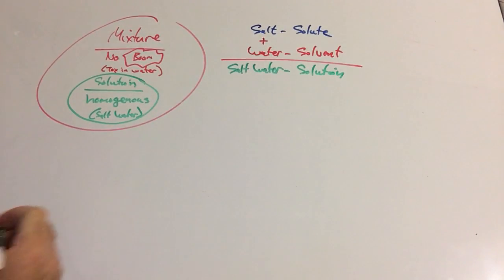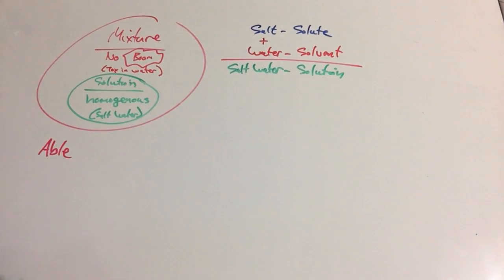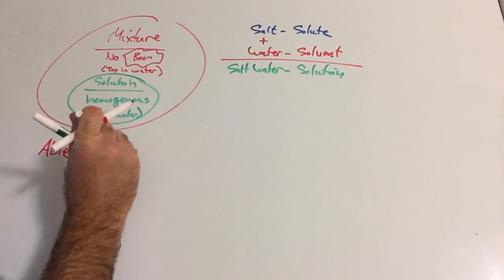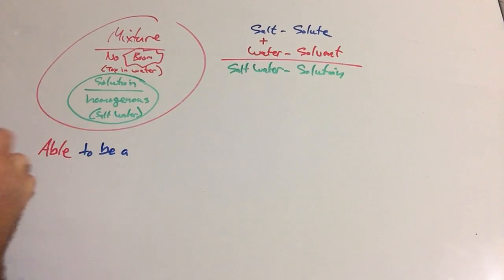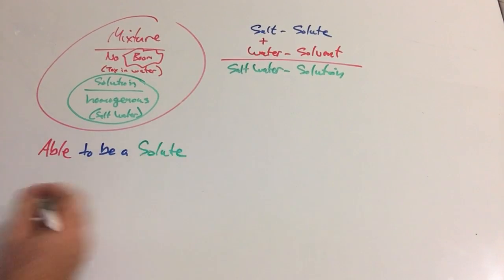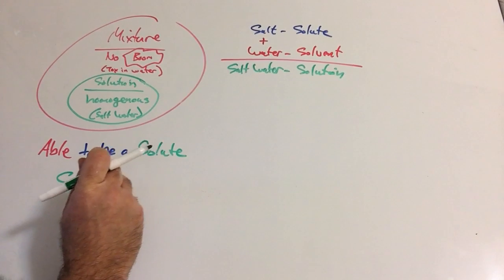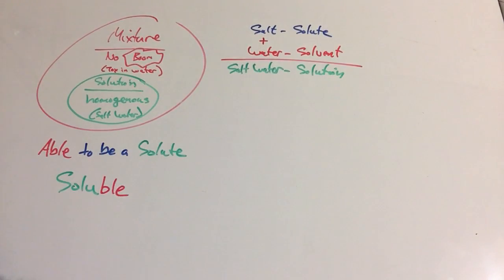And remember, if it's able to be a solute, it is soluble. And if it is not able to be a solute, then we put the negating prefix in in front of it and it becomes insoluble. And last but not least, we had